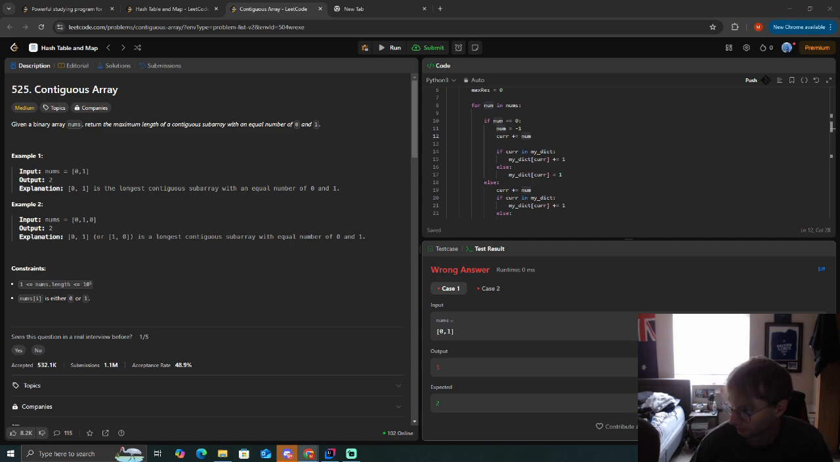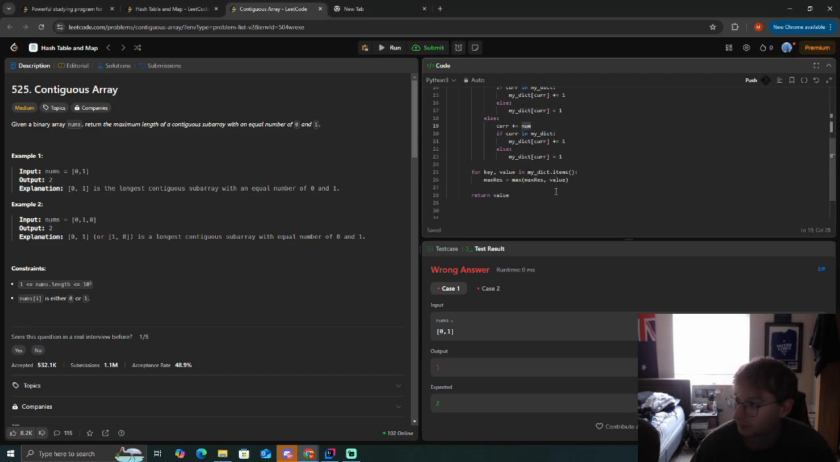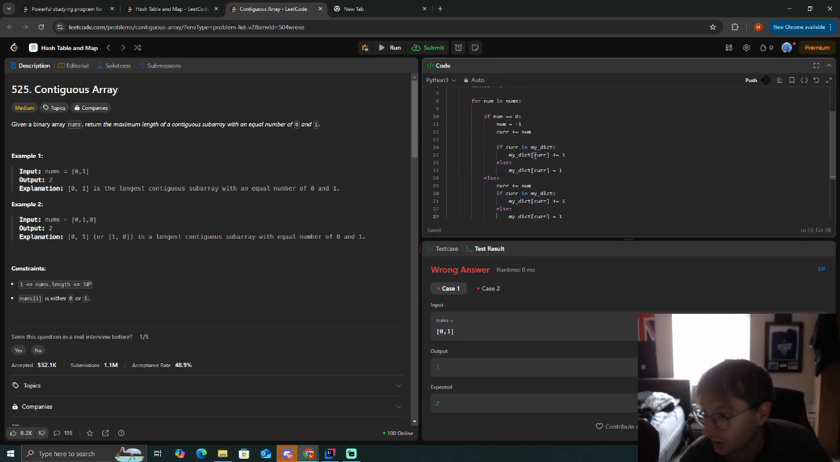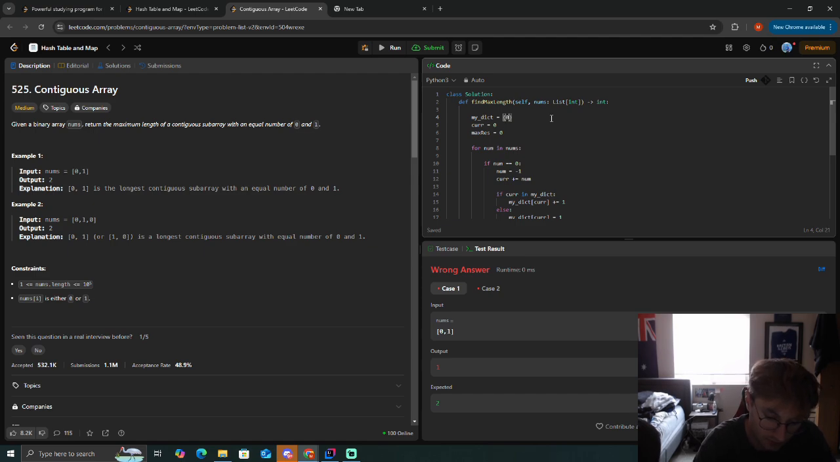Each running sum. This is an interesting way to do this. I mean, so we're starting with 0, -1. Store the first occurrence of each running sum. Running sum, the max res,